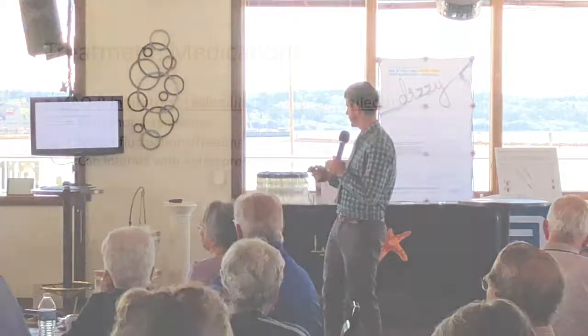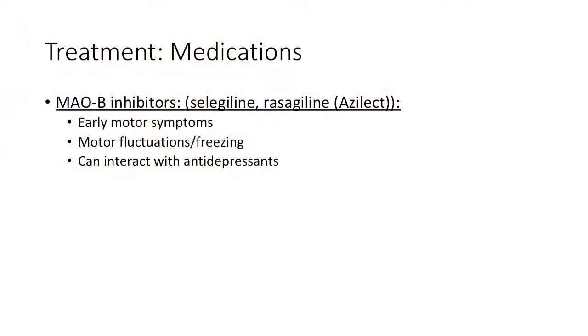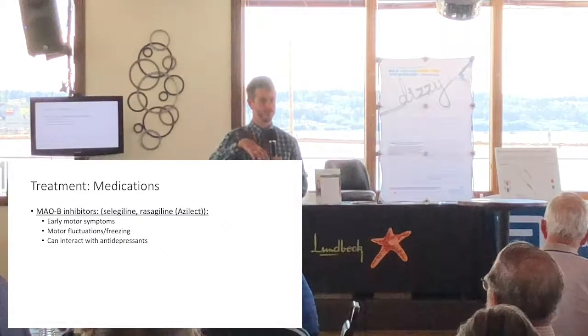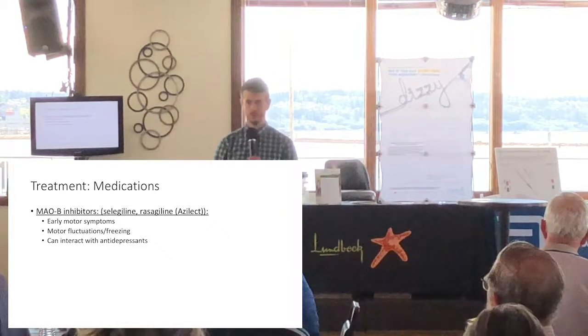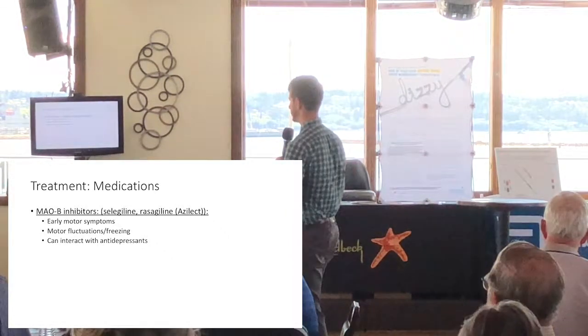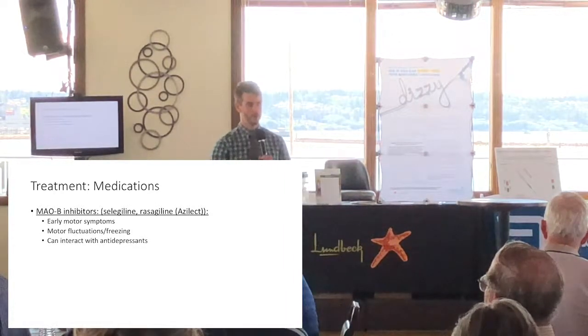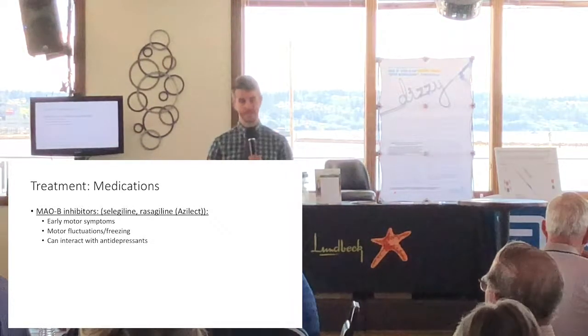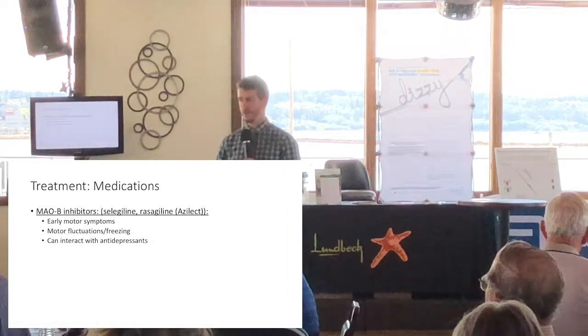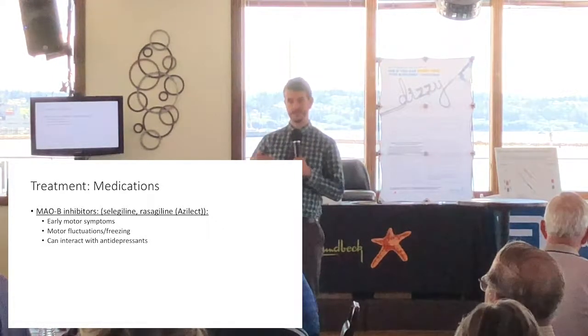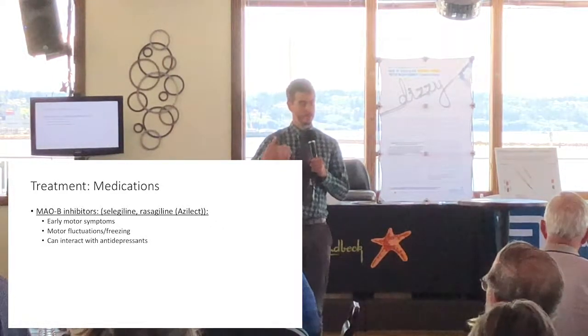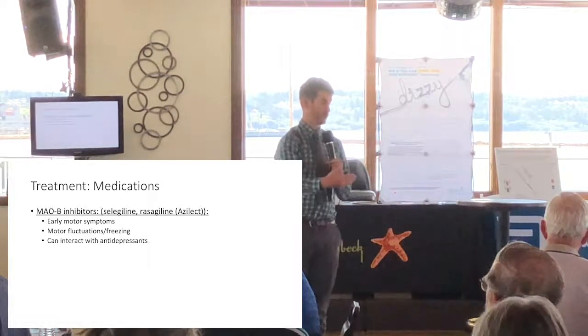Okay, so we're going to go through the different classes of medication, kind of from the beginning to the end. And we're going to talk about the medications that we use to treat the motor symptoms of Parkinson's disease. So, and we can answer questions about these later. So the first group of medications that we use are the MAOB inhibitors. Those are selegiline and rasagiline, which is also known as Azilect. So the MAOB inhibitors actually decrease the rate that your body breaks down the dopamine that you're still producing